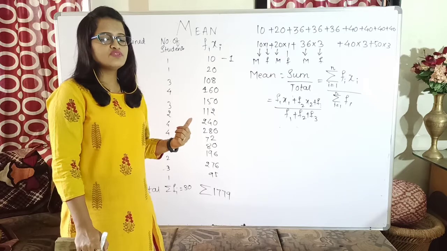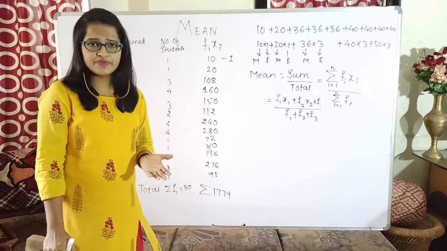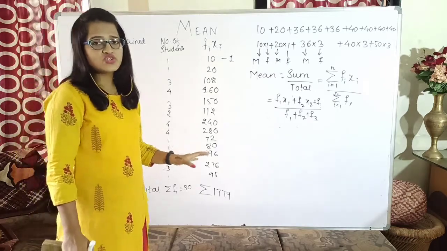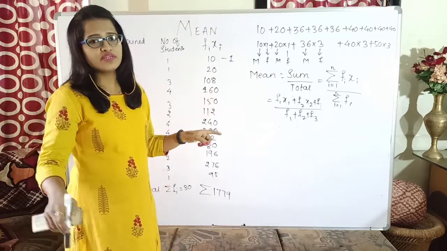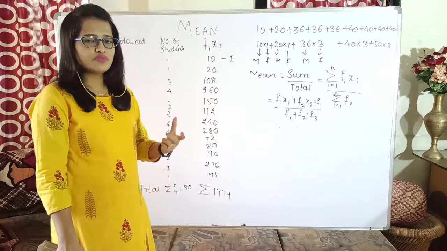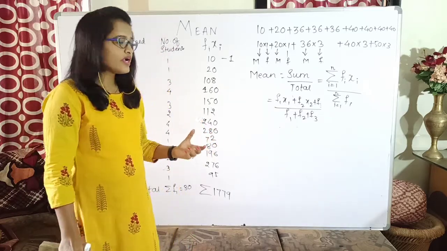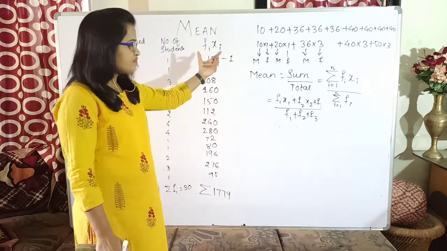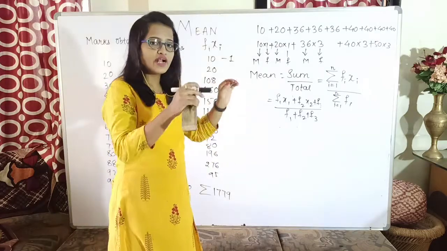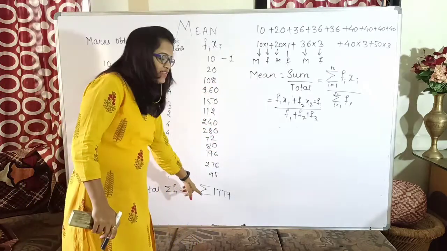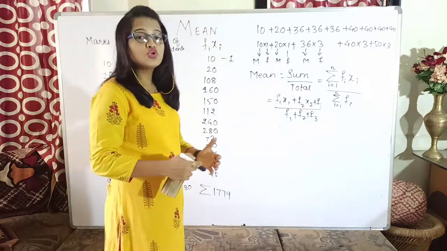The first example which we have seen, therein the number of observations was small and the observations were not repeated. In this case, it is not feasible to add each and every value, as you will get a very long numerator and also a very long denominator. So the best way is to multiply the frequency with the observation. So why don't we make an extra column here and name it fi xi. We multiply them individually and then in the numerator we add all the values in the table itself, and in the denominator I have to divide by the total number.